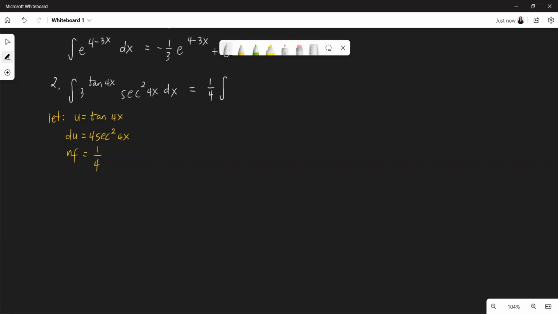Okay, so we put the 1/4 outside, and then the 3 raised to the power of tangent for x now becomes 3^u, and then the secant squared for x is now being multiplied by 4. So we can write it as du already. Or if you don't want to put the final transformed integrand into this form,